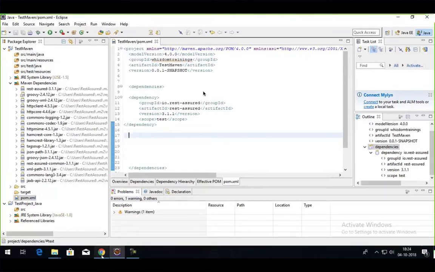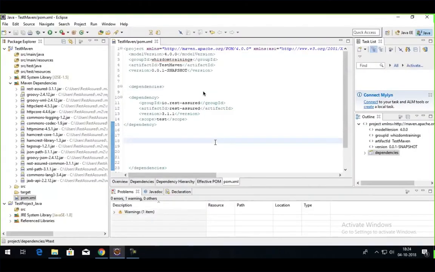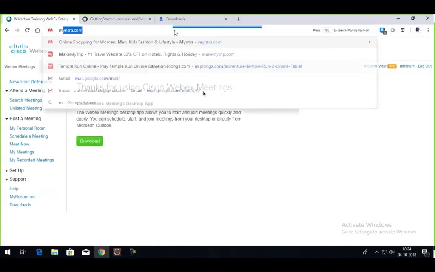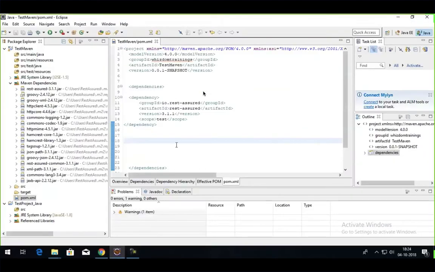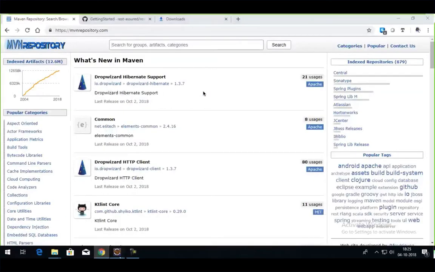And on the back end, in the coming sections, we'll work with so many third-party libraries. All of those are available on a website. On the back end, Maven works with this website called Maven Repository dot com. Whatever dependency you add, Maven on the back end fetches those jars from this website. So you can manually search for the dependencies also. Suppose I don't want to go to the official website of Rest Assured. If I search on this website for Rest Assured,